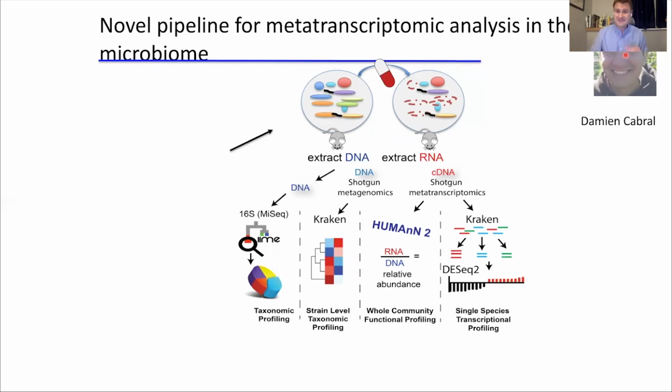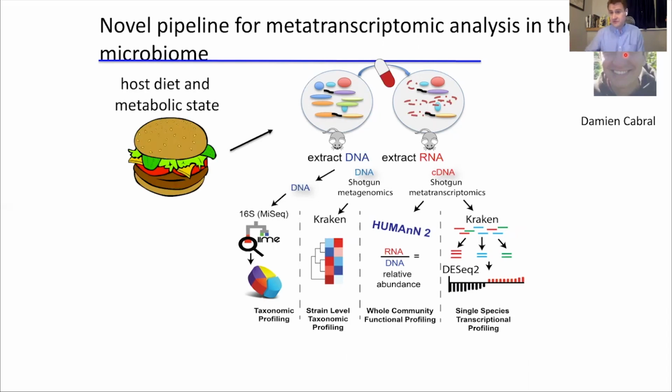We used the DNA for 16S, but also shotgun metagenomics to find out essentially who is there. And then we used the RNA for shotgun metatranscriptomics to find out the transcription responses of the microbiome as a whole and for individual bacteria. So essentially, we can find out who survives and who dies during antibiotic exposure, and what are the transcriptional activities associated with either death or survival. And then once we do that, we can then change the dietary inputs to figure out how that then impacts susceptibility.